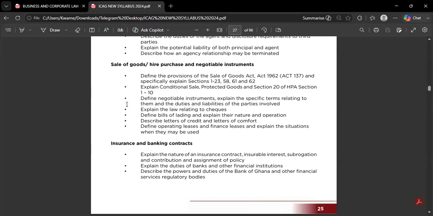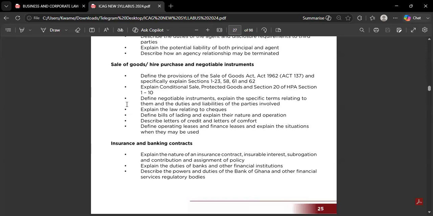Or maybe you go into a contract that you are going to sow some crops, and when the crops mature, you sell them for so and so much. At the moment the agreement is being made, the crops are not ready, so it's unascertained. They go through a process to become ascertained. The law says that once it's unascertained, before you enter into that contract, you should have given a description of what the final good will look like, or given a sample for the person to see. And the law says that the seller is to make sure that the goods match the description or the sample. Then under the obligation, we have the insurance and banking contract.